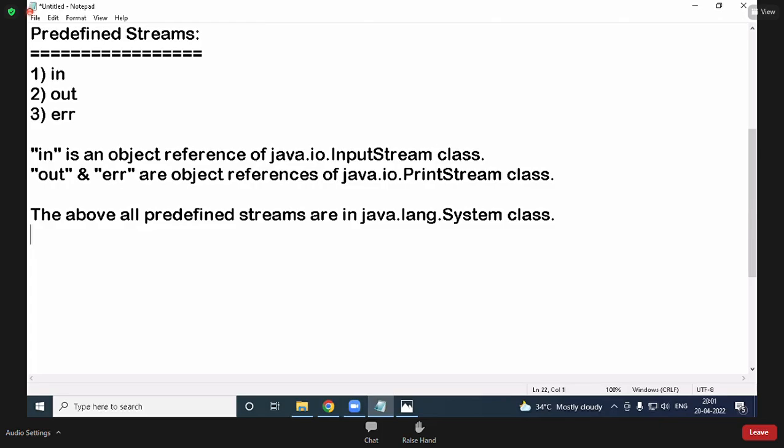See, 3 classes' profiles. If I open them, you'll understand all these. 3 classes: InputStream, PrintStream, System. This class profile, this class profile, this class profile required. Okay. Now, first this class I'll open. Next this class I'll open. Next this class I'll open. While opening, I'll ask some questions, you have to give the answer, with whatever knowledge you studied.